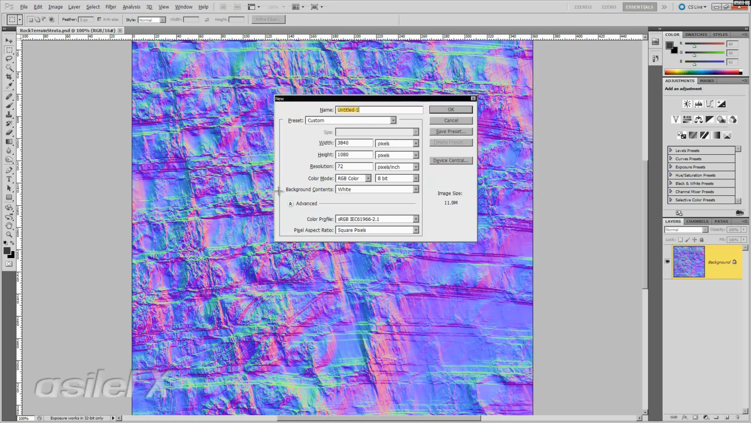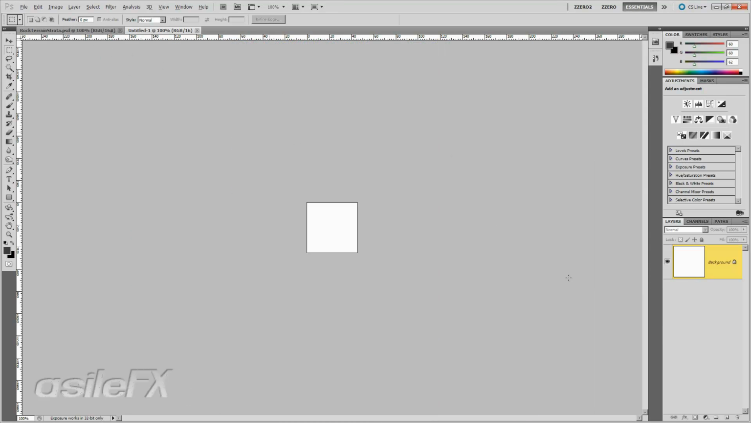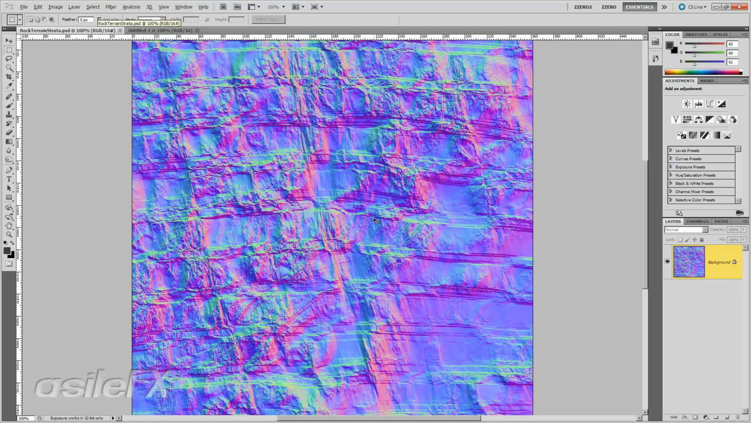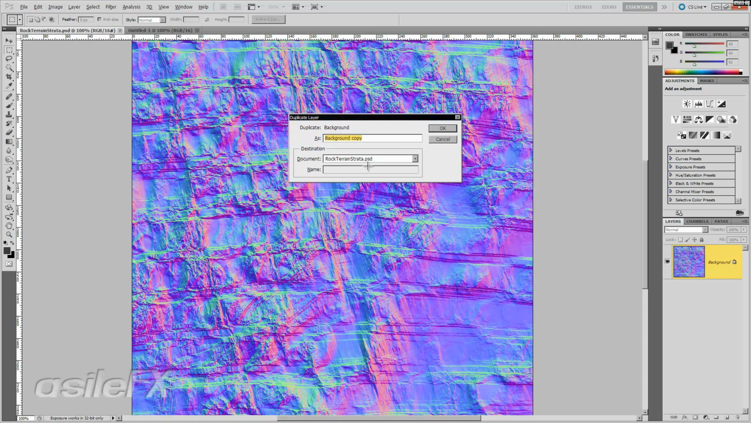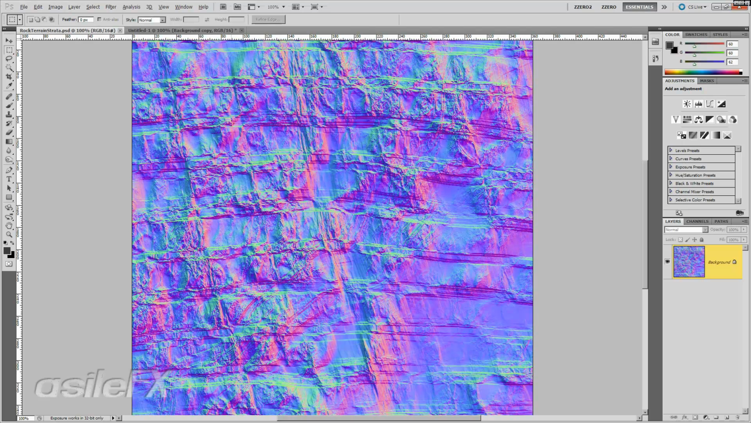What I want to do is Control N, or you can go to File, New, create a new document. I'm just going to make one that is 128 pixels by 128 pixels, 16-bit, because it doesn't have to be very large. And then what we can do is just either right-click and duplicate this layer over to the untitled document, or we could Control A to select all, copy, and then paste it over to